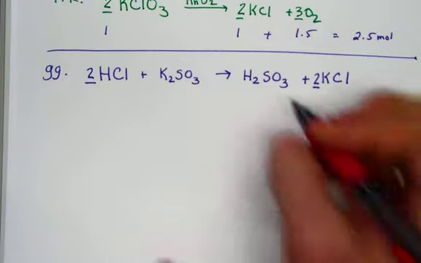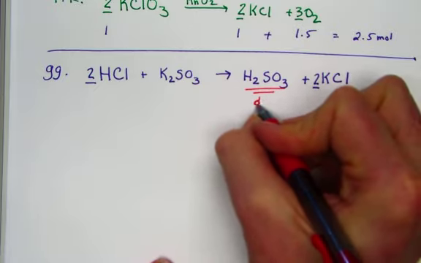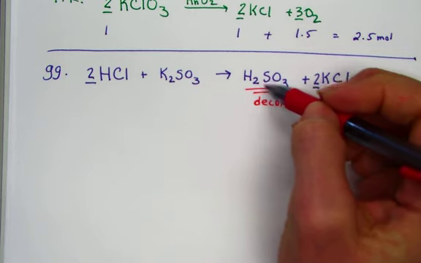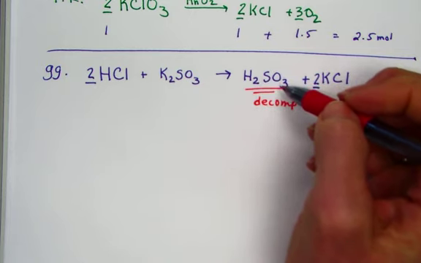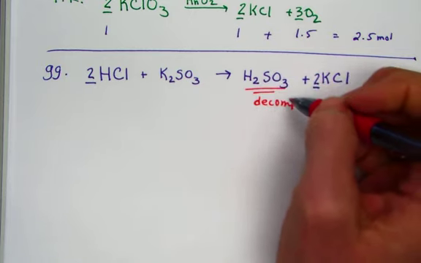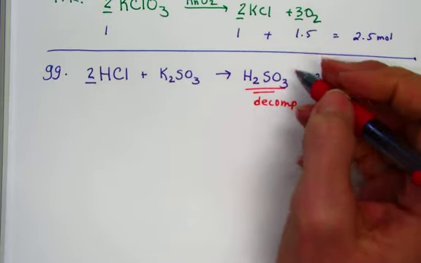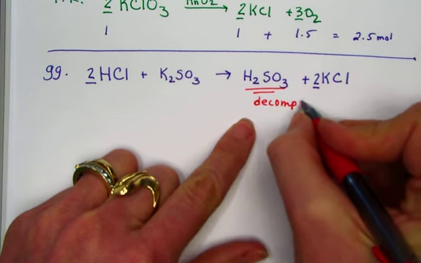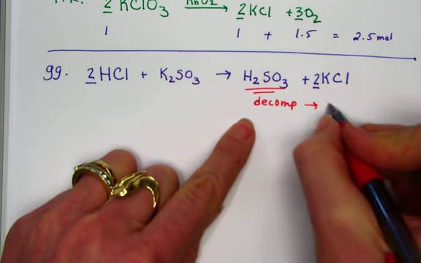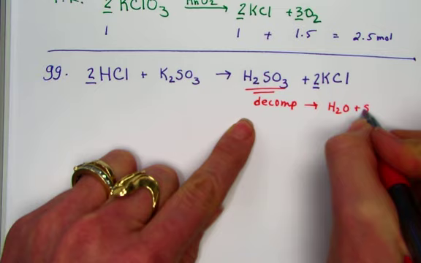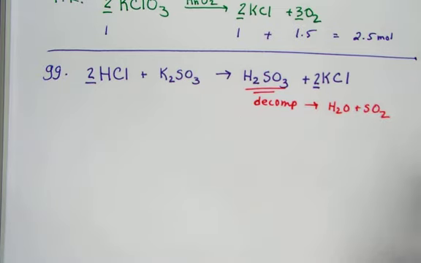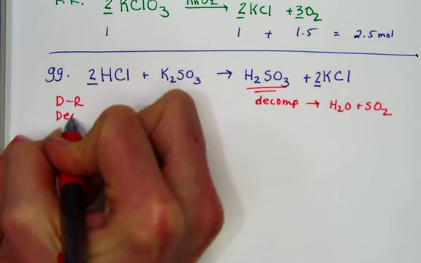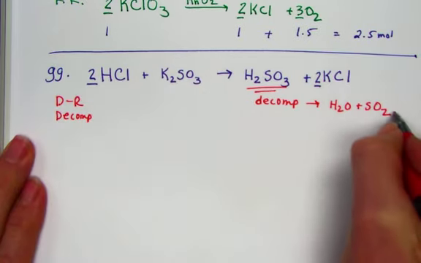Now, the double replacement is now followed by a decomposition. We once talked about H2CO3, carbonic acid, being a weak acid. Once it forms, it decomposes. Sulfurous acid will do the same thing. So H2SO3, once it forms, it decomposes, and what we end up having is sulfur dioxide and water. So this is one of those patterns that's a double replacement followed by the decomposition, where the driving force is